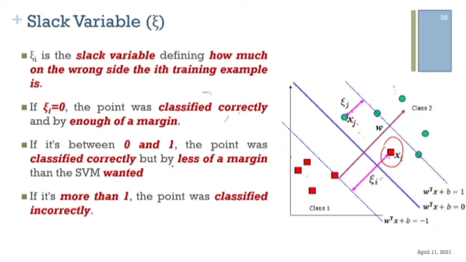If the slack variable is 0, the point was classified correctly and by enough margin. However, if it is between 0 and 1, the point was classified correctly, but by less of a margin. But if it's more than 1, the point was misclassified. You see, if the slack variable is more than 1, we allow misclassification to other classes, once out of many samples. It is okay. So this is the idea. This slack variable led to the idea of soft margin